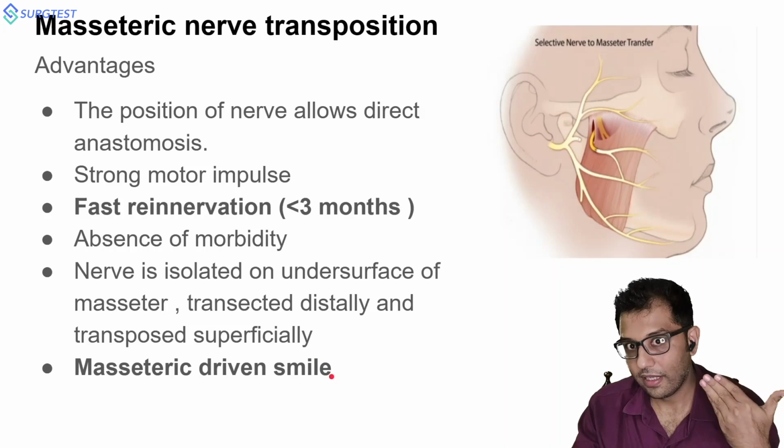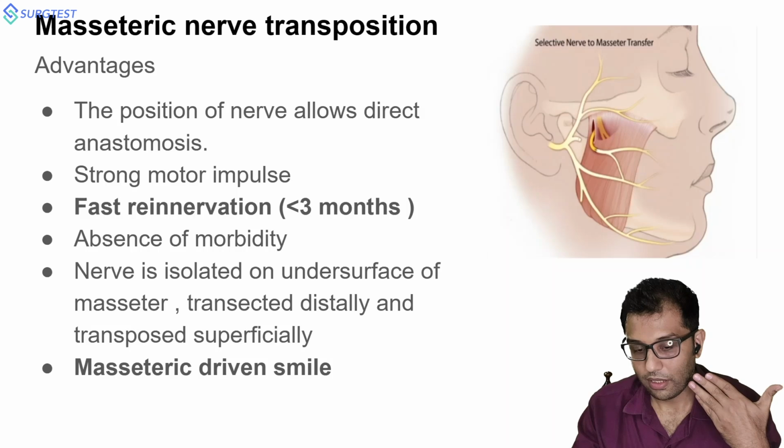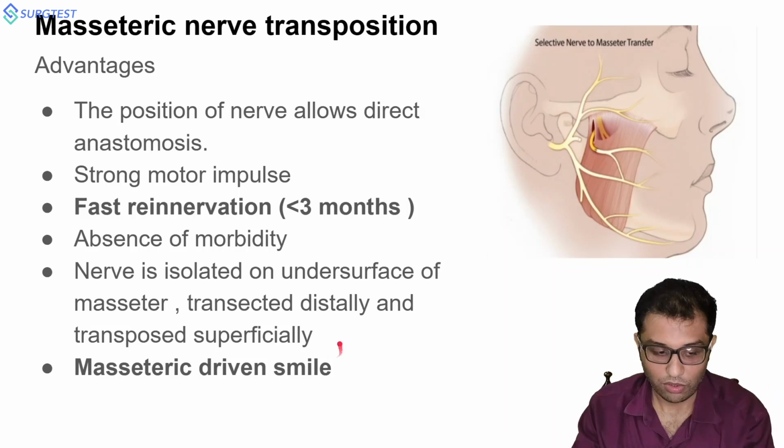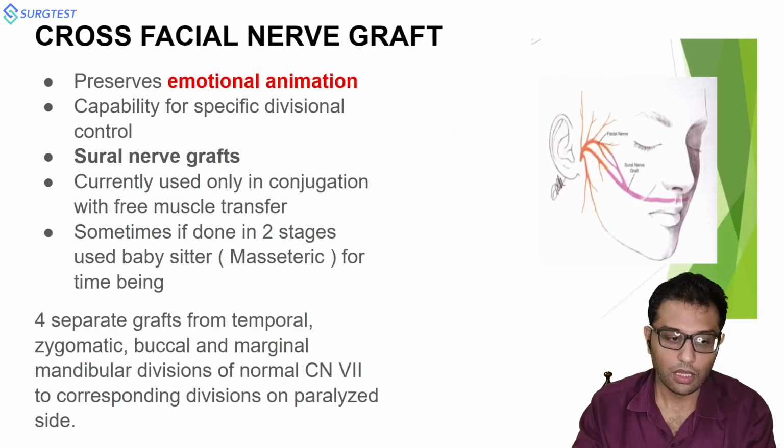The mind thinks that the impulses are going to the muscles of mastication, the masseteric nerve or the masseter muscle, but instead it goes to the facial nerve and the patient smiles. So that is the meaning of a masseteric driven smile. Just remember it. Now coming to cross facial nerve graft, it is required when we require specific